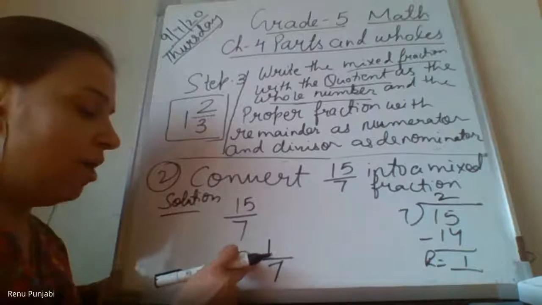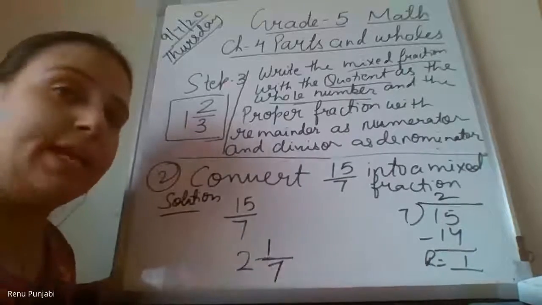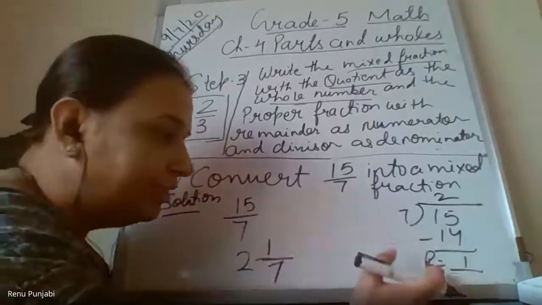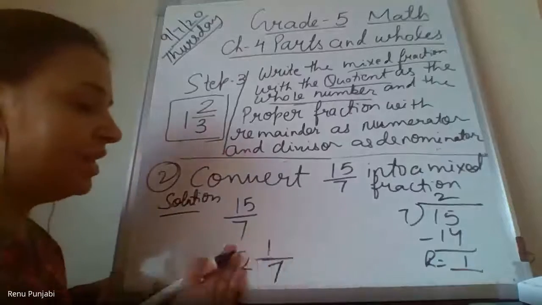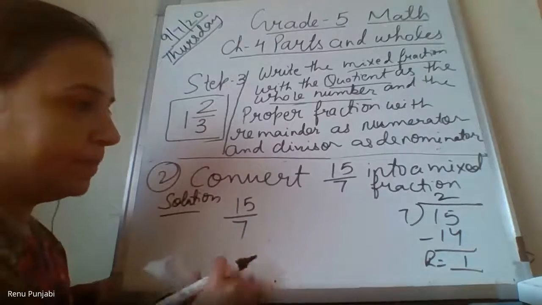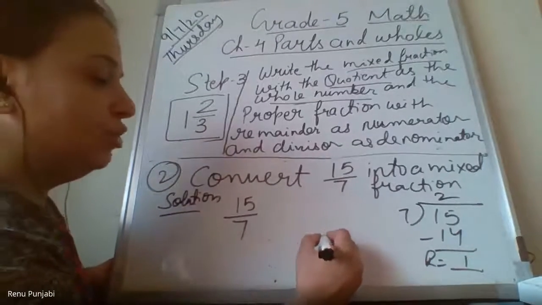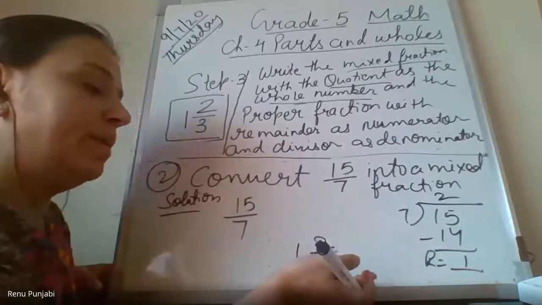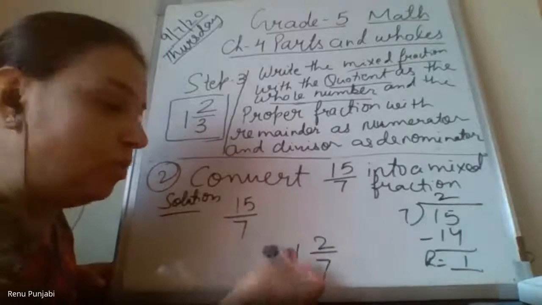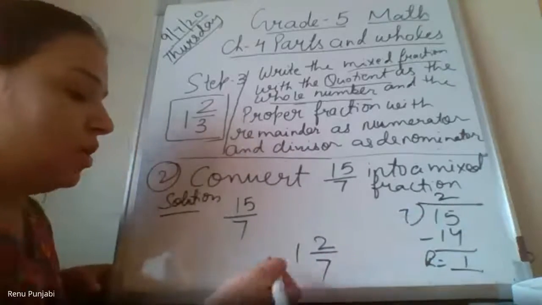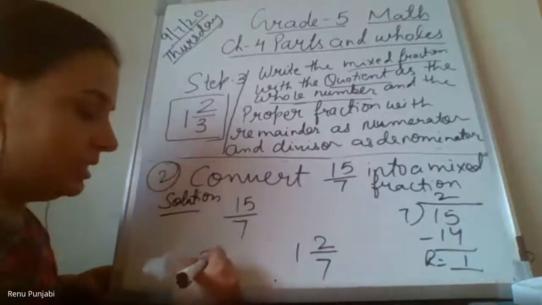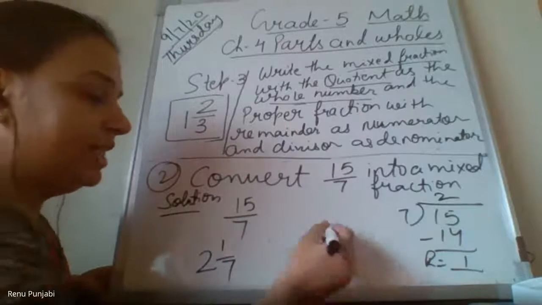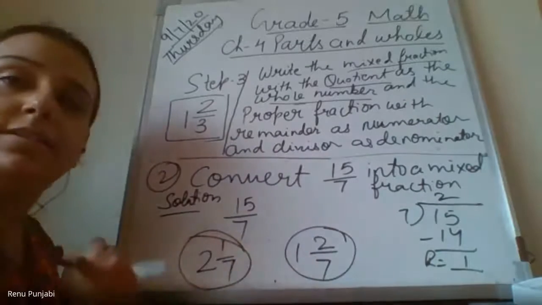So now how to check whether this is right or wrong after doing the division. Sometimes I see children write 2 here, 1 here and 7 here. They know how to divide, but they don't know how to assemble them, how to write it as a whole number. So our correct answer was this. Now how to check whether this is right or this is right?